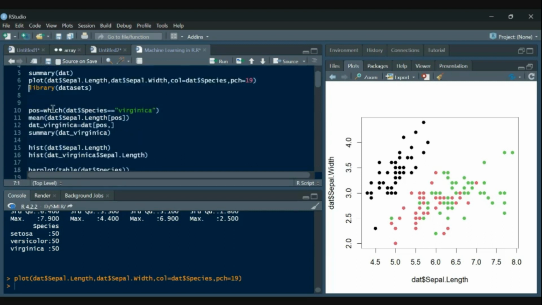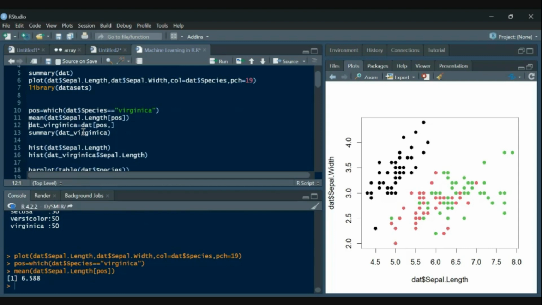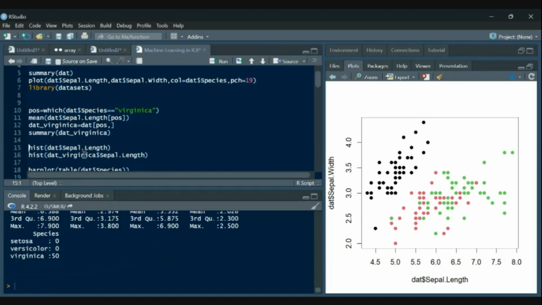Then we tried to find the positions of the data where the species had the value Virginica, and used it to find the mean of the sepal length corresponding to the species Virginica. So it was 6.588. Then we used that Virginica to get the entire data of species Virginica, basically extracting it from the main data.